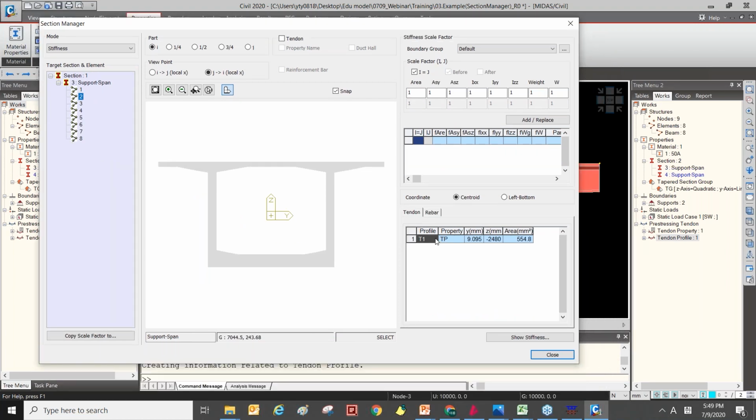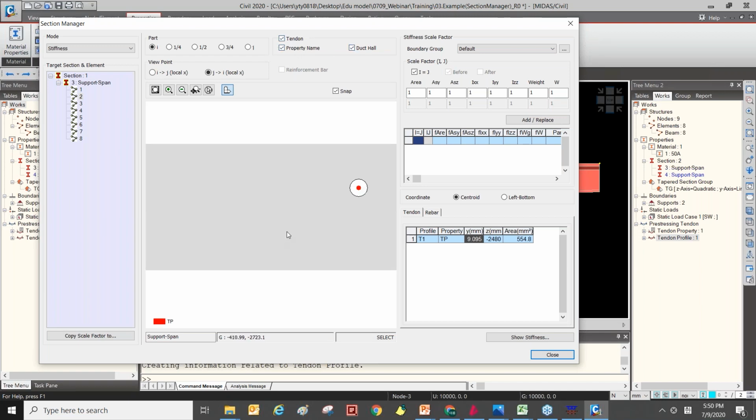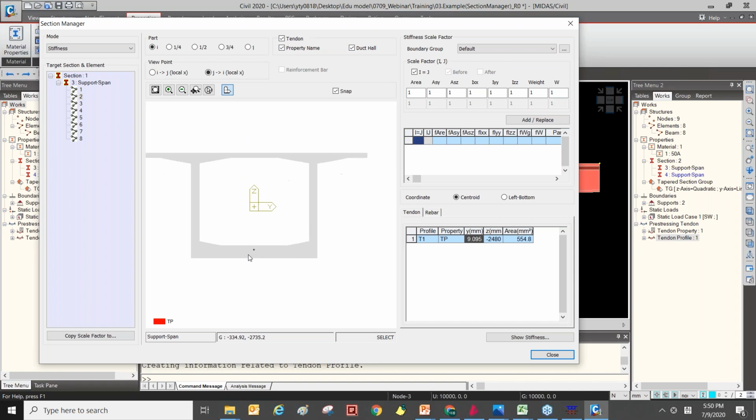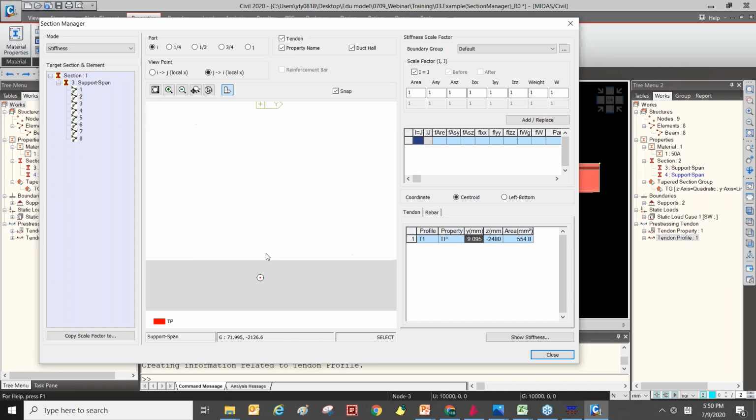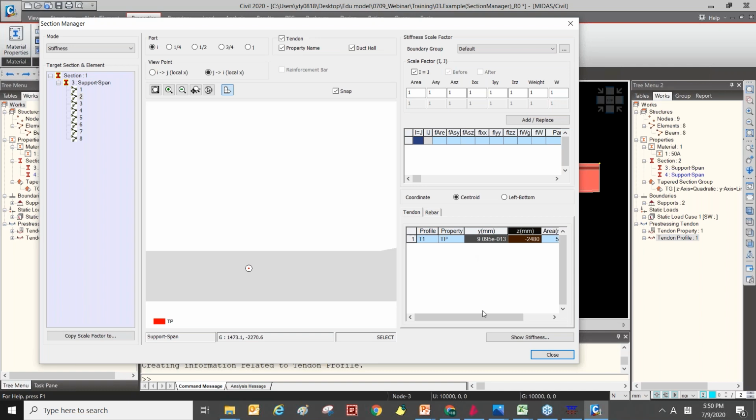At the right below side, you can see the detailed coordinates of the tendon profile. And if you want to see the tendon profile location, check on the tendon and properties and duct core. Here you can see the graphical view and also the exact coordinates of this tendon profile.